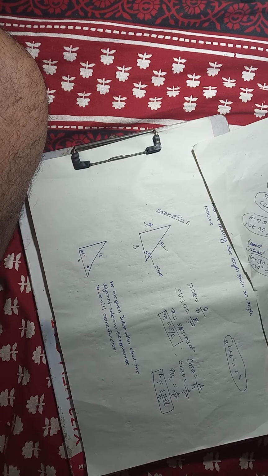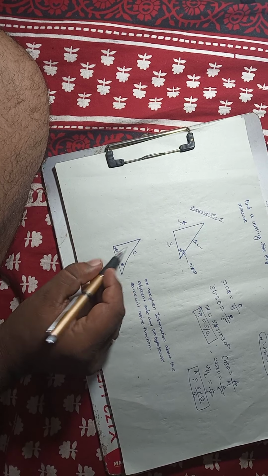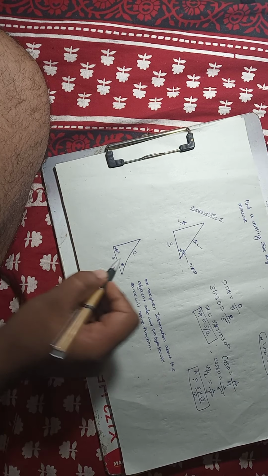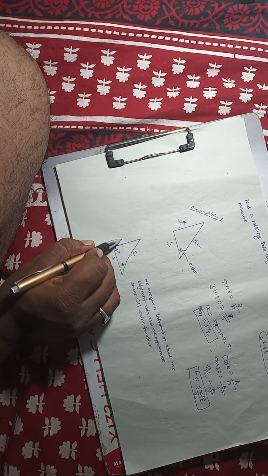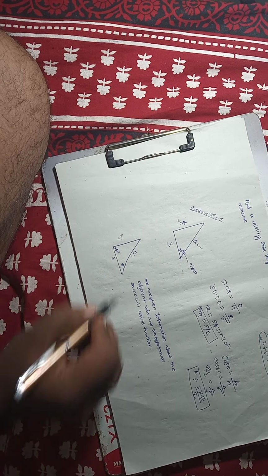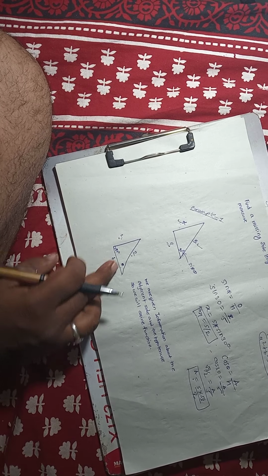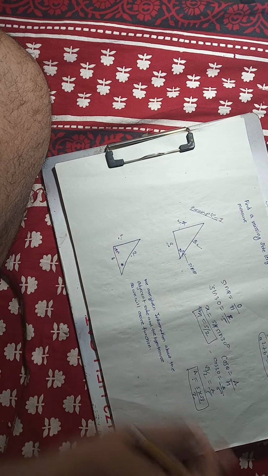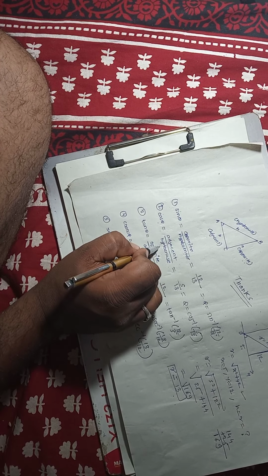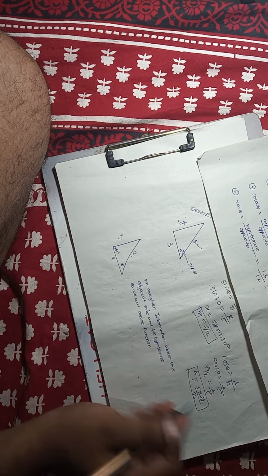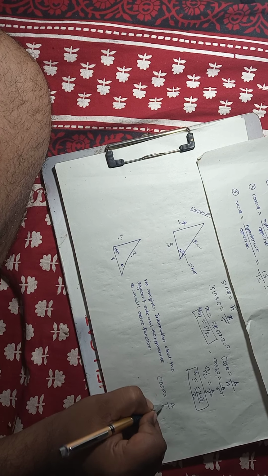Now let us see the second example. In the second example we have given two values, that is the adjacent side value and the hypotenuse value, and the theta value and the opposite side value are missing. So we have to calculate these two values. On the basis of these two values we come to the conclusion that it should be the cosine function. The cosine function is adjacent divided by hypotenuse. So cos theta is equal to adjacent divided by hypotenuse.